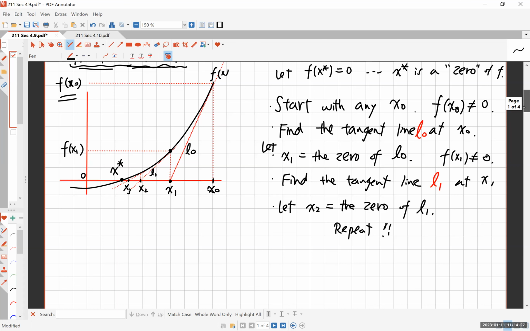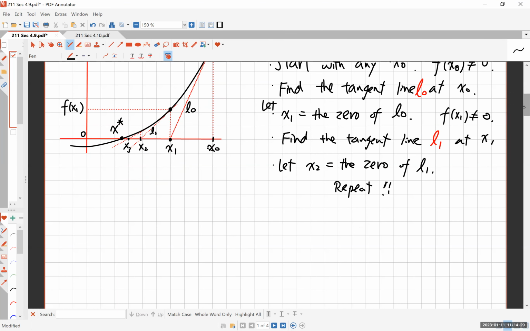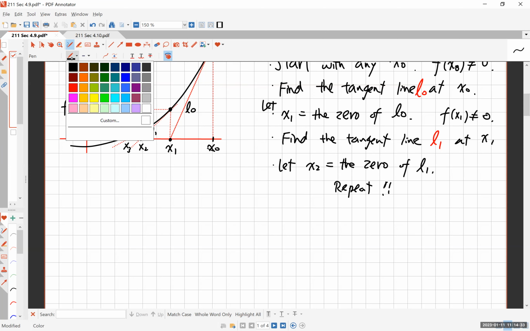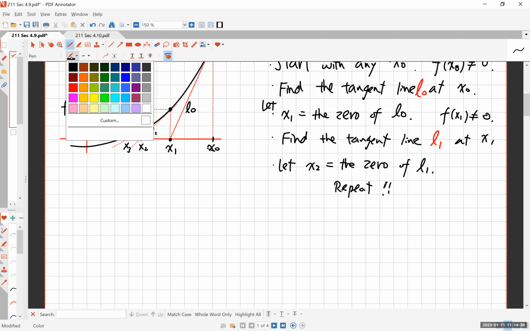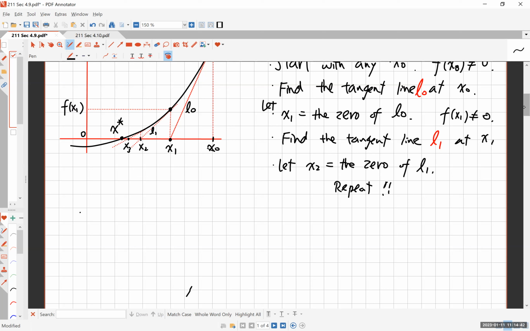You may find that x3 and x4 are the same up to like 10 decimal places, and at that point, you may as well quit because you found a number sufficiently close to the real value. Now, if we can somehow program this and write the expressions in mathematical language,